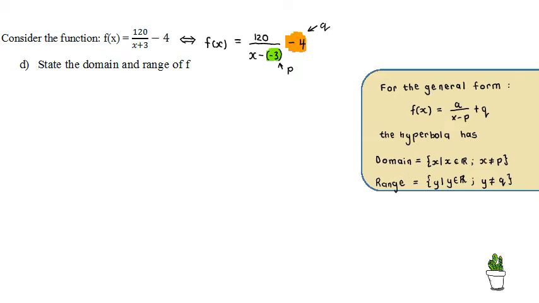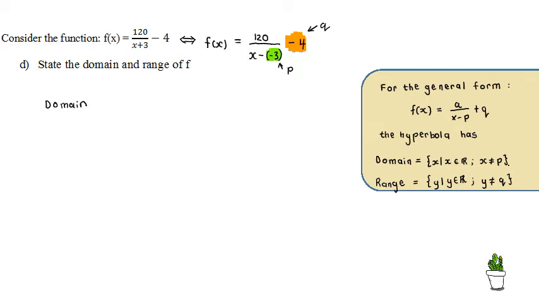And same thing for your range. y is an element of real numbers, but y can't equal the y value at your horizontal asymptote. So then we can work with this equivalent form of our function f that we've written here on the side, which is essentially the same equation as what we were given. It's just that from here we can see very clearly what our p value and what our q value is. So then we can go ahead from this knowledge and state that the domain,